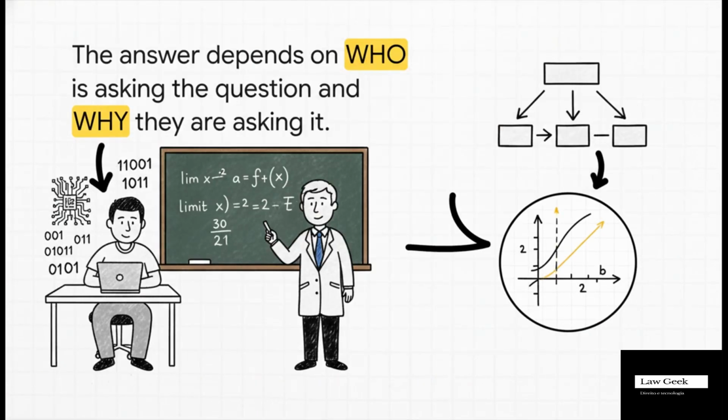Think about it like this. If you're a computer scientist building a programming language, you'll probably just define it as 0 because it makes your algorithm simple and consistent. But if you're a calculus professor, you'll tell your students it's an indeterminate form because when you're dealing with the concept of limits, you have to be way more careful. And you know what? They're both right in their own worlds.